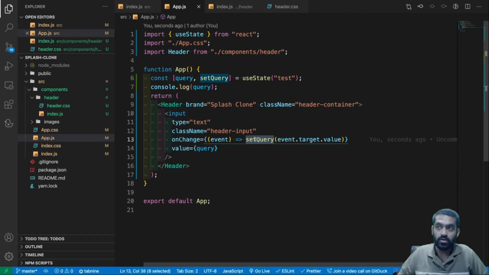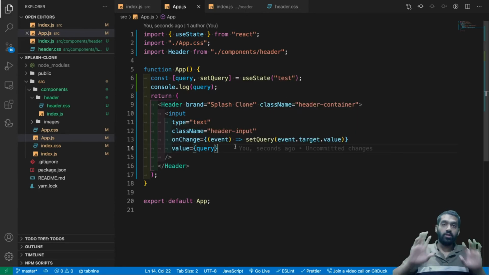Now this virtual DOM sets the query for us, which is event.target.value. This value is the DOM's input value, not the virtual DOM's. This value is then set here, the query becomes that value, and that value is sent to the virtual DOM's value prop, and then this value prop in the virtual DOM manipulates the DOM.